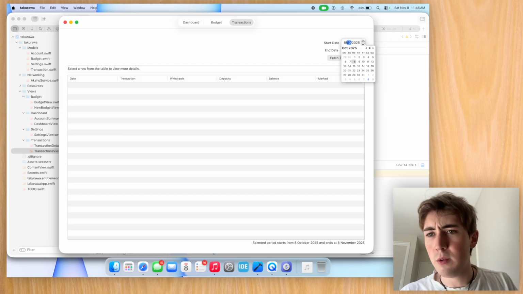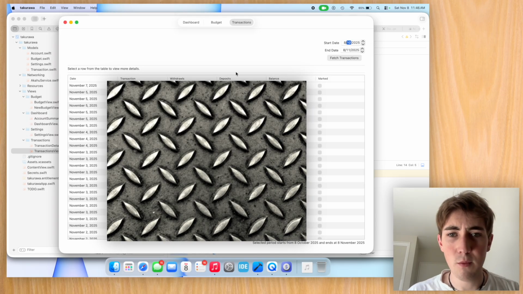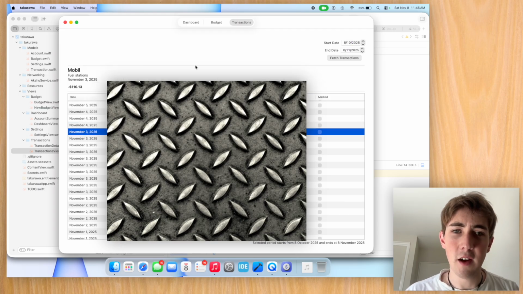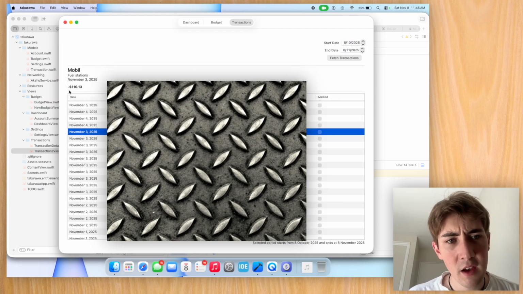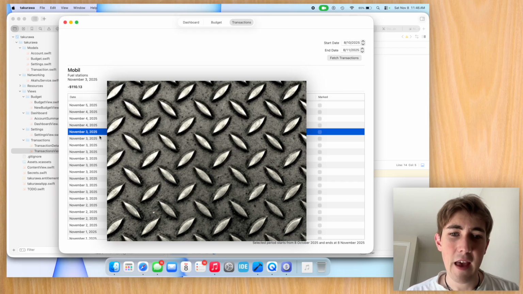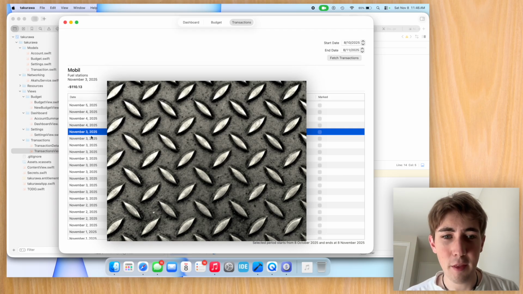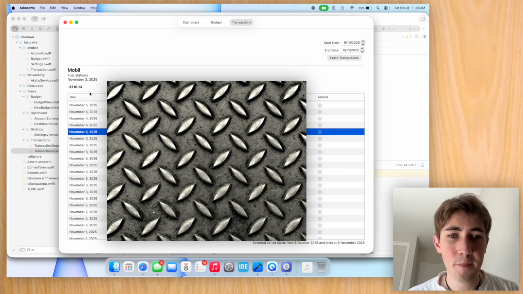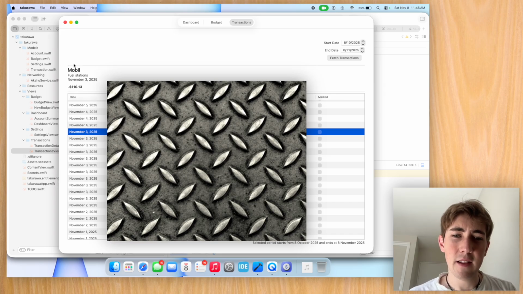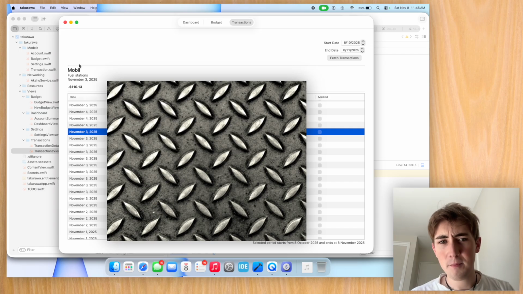What we'll do actually is we'll fetch some transactions and we'll have a look. So if I just click on Mobil, for example, you can see that I spent $110 on gas this day. I don't know how many times I've filled up my car this month, but this day, November the 3rd, we have the category fuel stations, we have the name of the company, Mobil, and we have the date. I quite like this. I think I'd like it to be a little bit more outstanding,